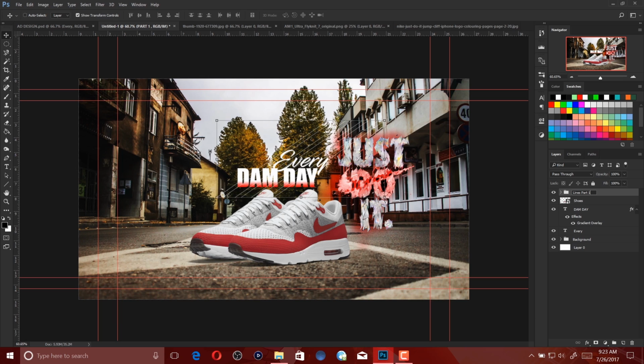There we go. Part 1. Make sure you name all your layers. That actually cleans everything up. So we got our first part lines here. Cool, right? Dope. So we want to move this